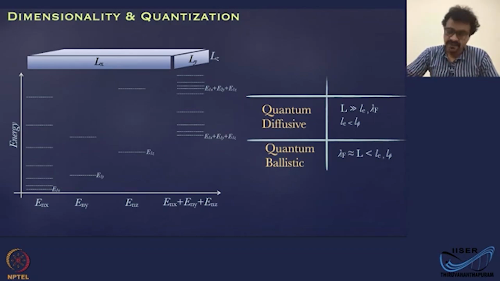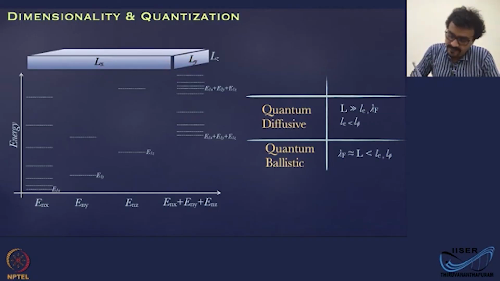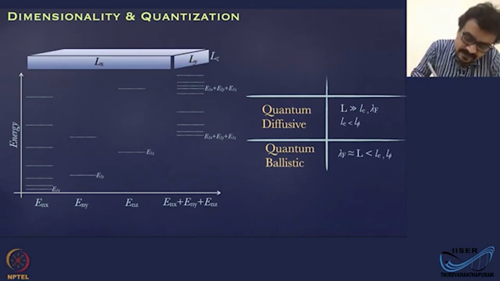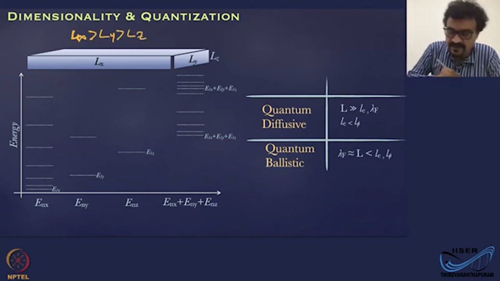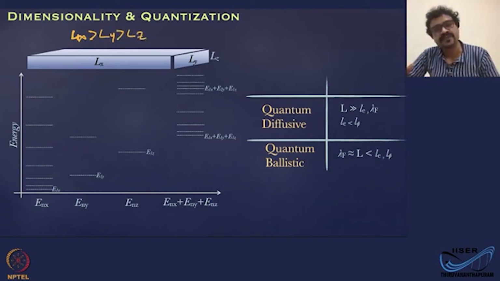What I have here is a three-dimensional box with lengths Lx, Ly and Lz, such that Lx is greater than Ly and greater than Lz. So from the simple particle in a box problem,